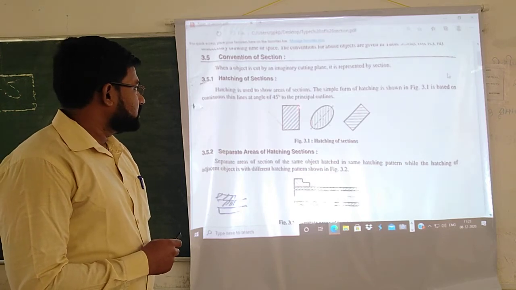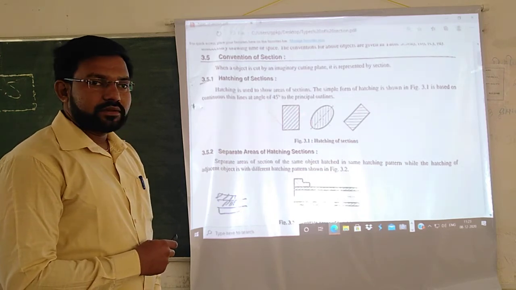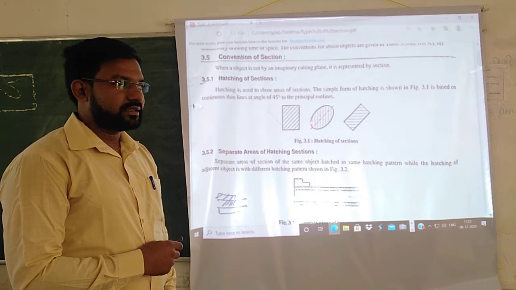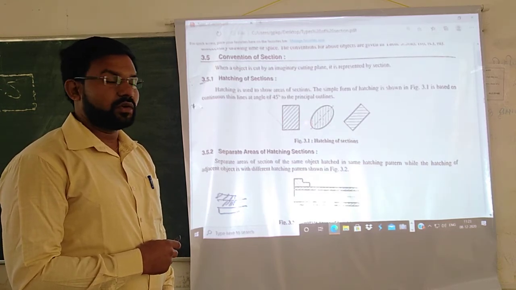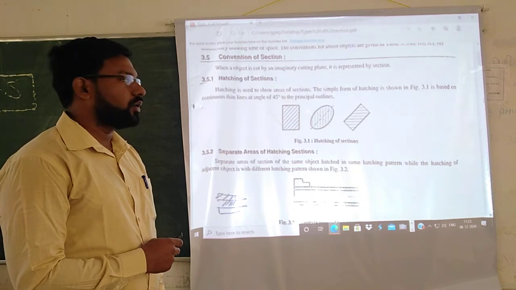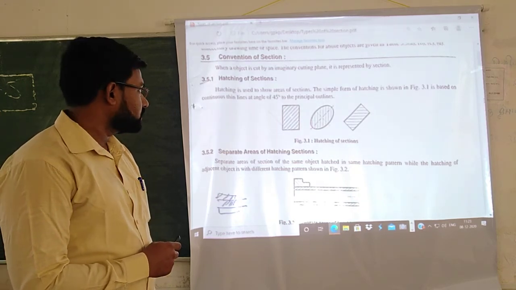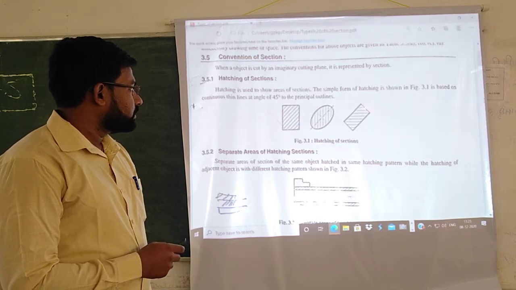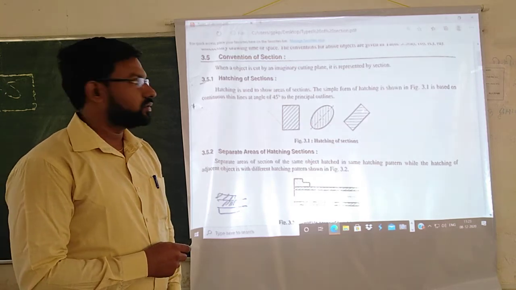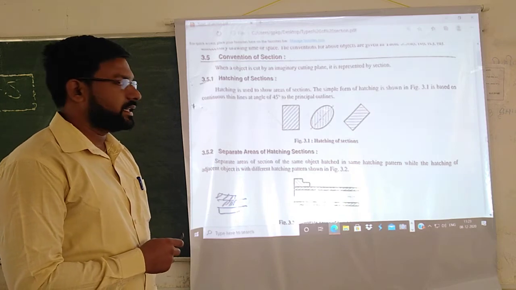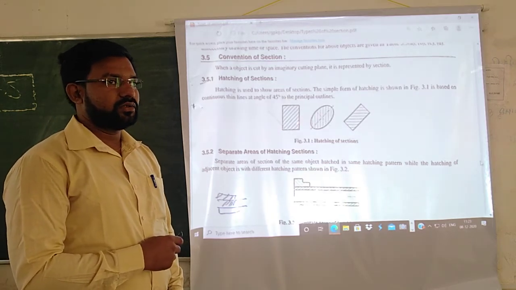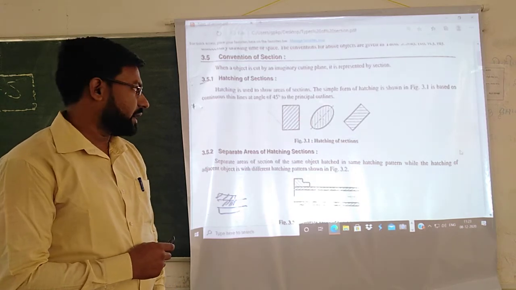Means these lines must be at a 45 degree angle, and this angle must be with respect to the principal outline of the object. So this is the convention for hatching of section. The sectioned area will be shown with the help of this hatching line.